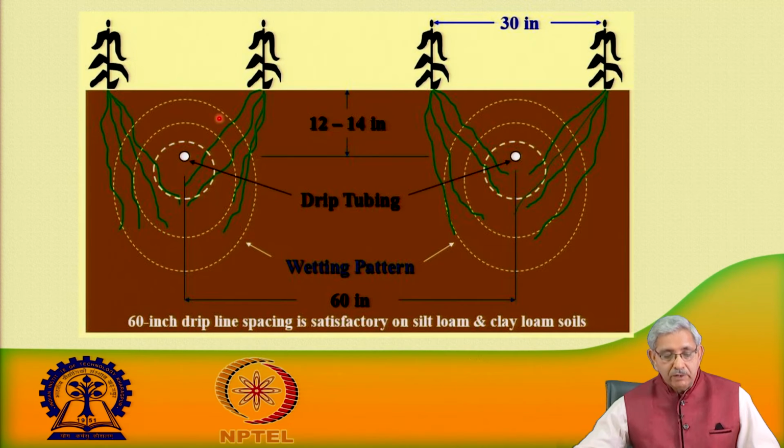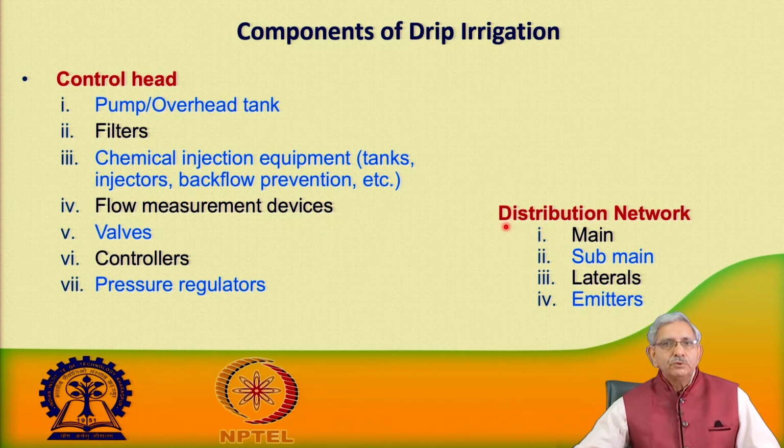So, moisture bulb formation takes place. Now, time of application is another equally important thing. We should apply water such that the crop root zone between the two rows of the plant gets wetted. This is typically how two rows of the plant are irrigated by a single drip lateral, and this is the spacing between the two drip laterals, how they are subsurface drip laterals, as shown over here.